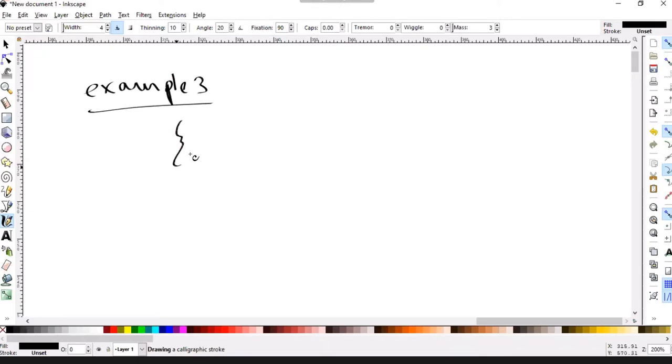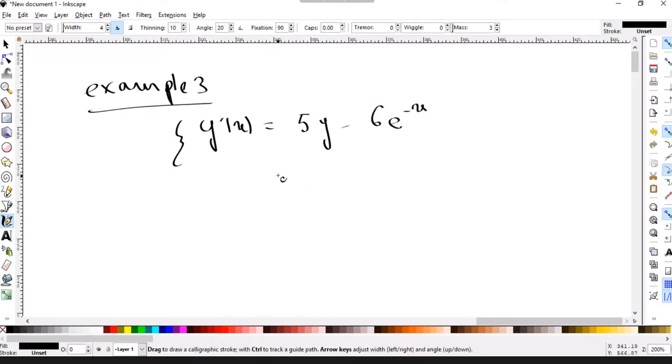Let's take the case where y prime of x is equal to 5y minus 6 exponential minus x, y of 0 is equal to 1. Okay, so this type of problem can be solved by separating the problem using homogeneous equation and a particular solution,